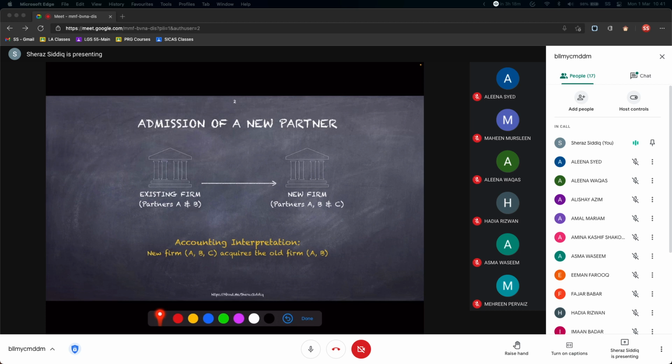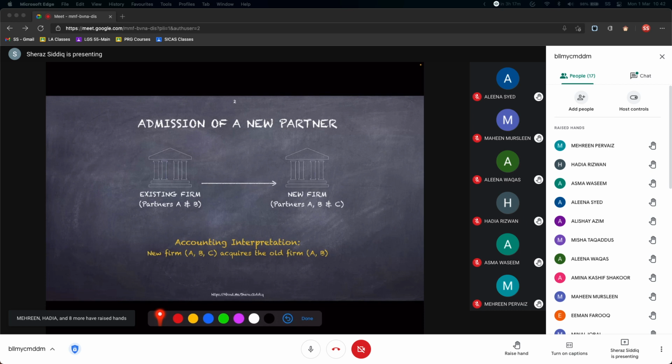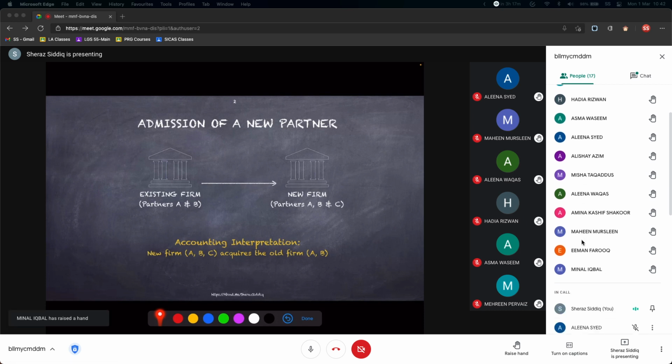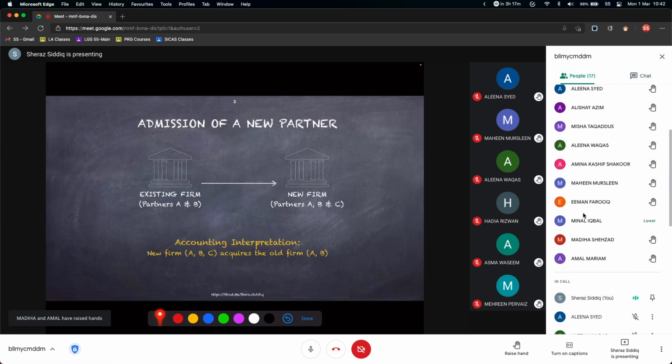So business entity के perspective से अगर आप देखें तो एक business entity dissolve हो रही है और वो dissolve इस तरह से हो रही है कि एक दूसरी business entity उसको acquire कर रही है. So that is how we are going to deal with it; all the accounting procedures are going to be aligned based on this assumption. So a hand raise if we understand how the transition will take place. Okay. Right.